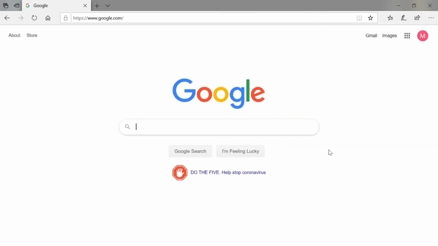All right, so that's basically it. That's how you create a Gmail. So right now, if you created this on a personal computer, you're automatically signed in. So right here it has an M, that's for my first name, which is Matt. And then to your left, it says Gmail. If you click Gmail,